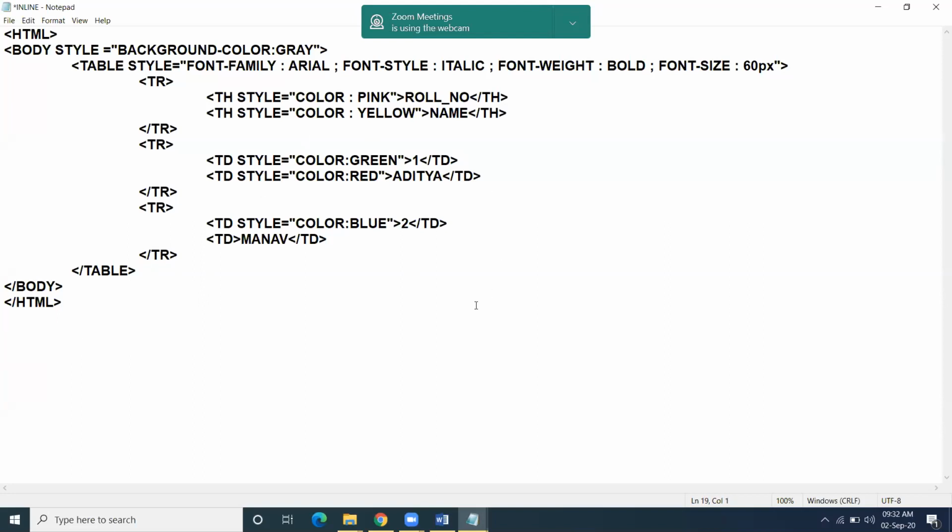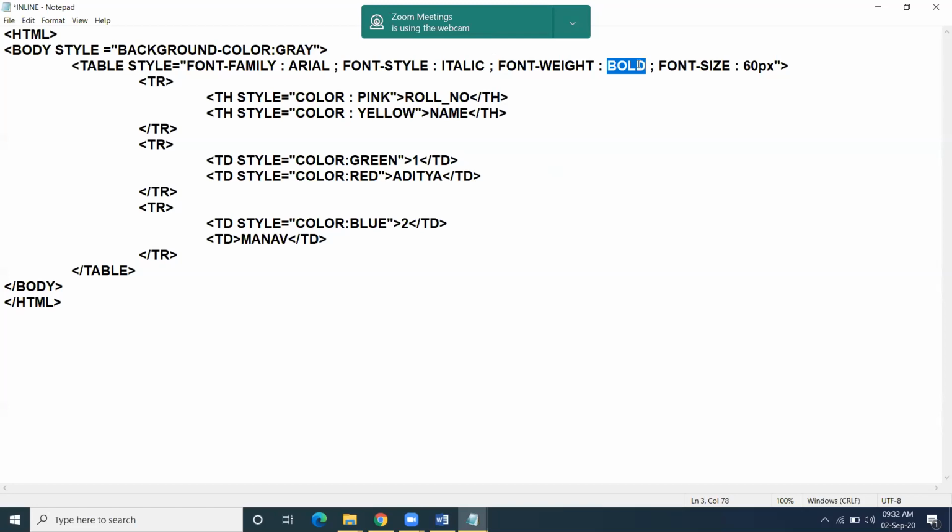Now, in HTML, when you want to specify something in bold, you say B tag. But in CSS, if you want to represent bold, the property is font hyphen weight, and the value is bold.